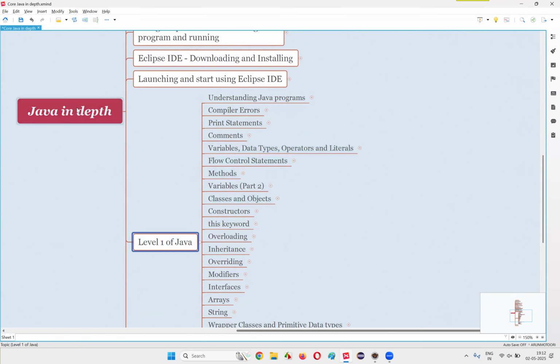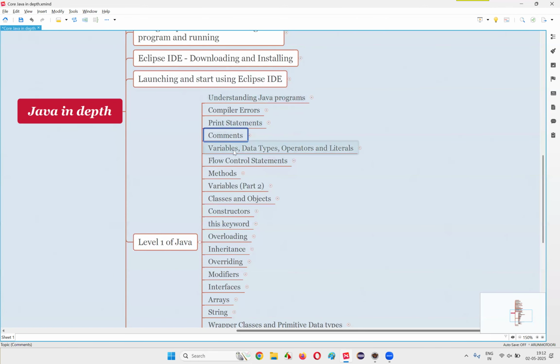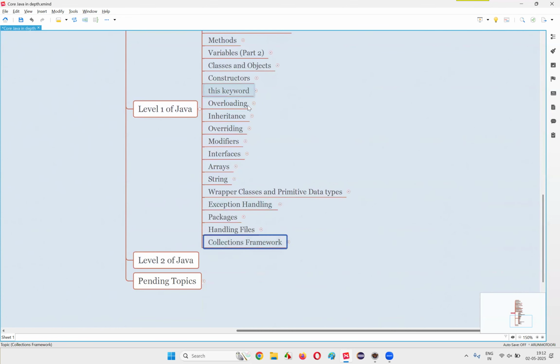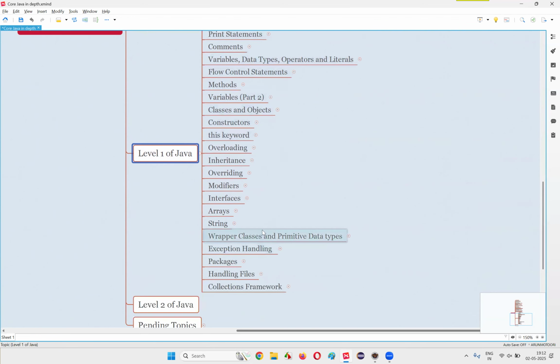As part of this Java in-depth course, as part of level 1 of Java, I need to cover all these topics at a good level, but not in-depth level. Each and every topic, I'm not going to elaborate in the beginning itself. Initially, in level 1 of Java, I'll make you comfortable with all these topics. Even level 1 of Java is good for you guys. If you're a beginner in Java and go through level 1, a good amount of topics will be covered, you will get an idea what exactly Java is all about, and you will be comfortable writing the programs, whatever is really required for a Java programmer to understand as part of Java programming.